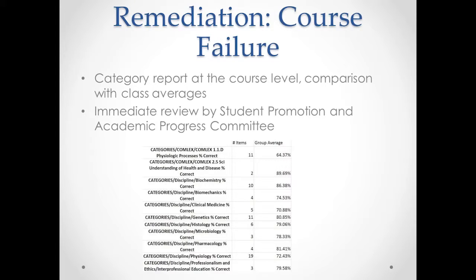So when a student fails a course and that individual is referred to our Student Promotion and Academic Progress Committee, that student has to write a letter describing the failure and articulating what really occurred in that situation. And we use a report in addition to what you're seeing here, and I didn't really put it in the PowerPoint because of confidentiality concerns, but it includes all performance data for a given student, and that includes their complete